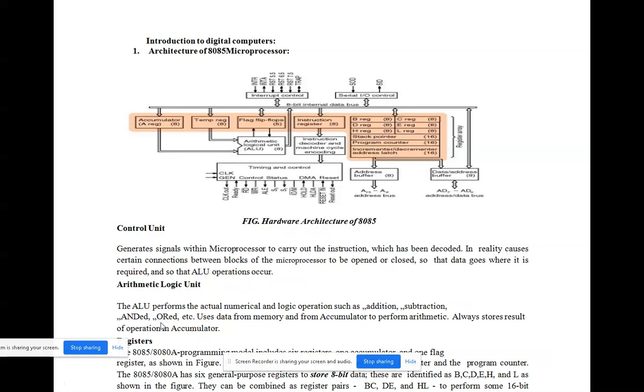Logical operations are AND, OR, XOR, etc. The logical operations are performed in the ALU, and then the result will be stored in the accumulator register. Simply we can call it the A register. So after every operation, whether addition, subtraction, or a logical operation, your result will be stored in the accumulator register, which is the A register.